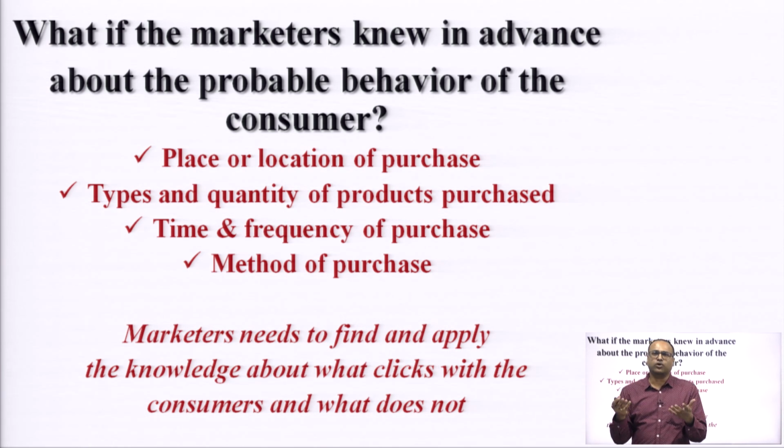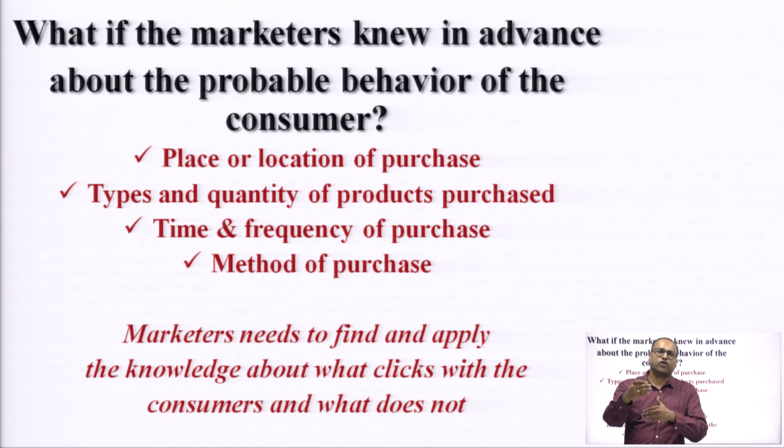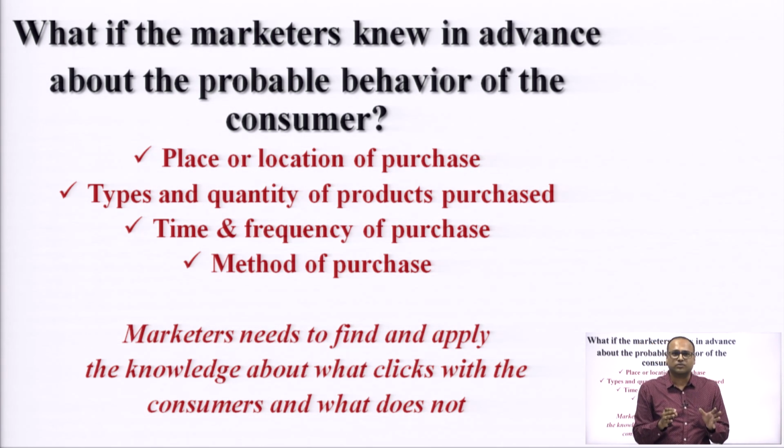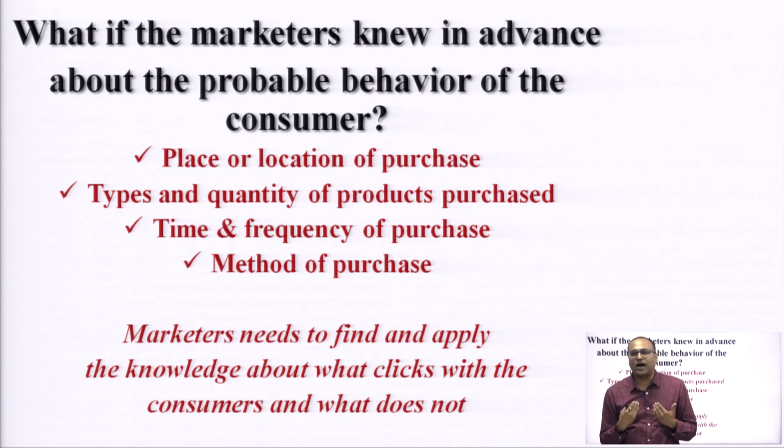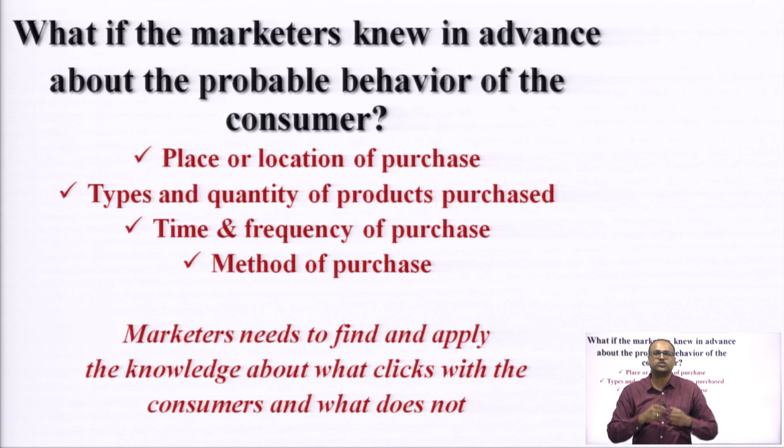I mean, offline and online both, you can actually identify the method of the purchase, how you are going to make the payment. It could be COD, it could be cash or say credit, it could be part payment in the form of EMI. Now, all this is actually governed by the behavior part. The marketer will have to understand that he is going to need the behavior of a consumer to sell the product. Now, the consumer does not know how he is behaving, he is kind of a lame person. Although we term the consumer as god, he is lame, he does not notice his own behavior. It is us marketers who need to understand the behavior, and we are the ones who are selling the product. We need to sell the product, so we need to understand the customer's behavior.